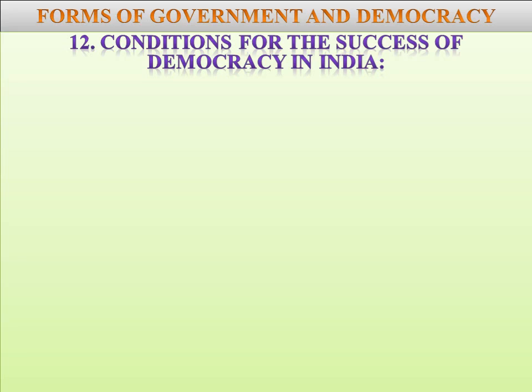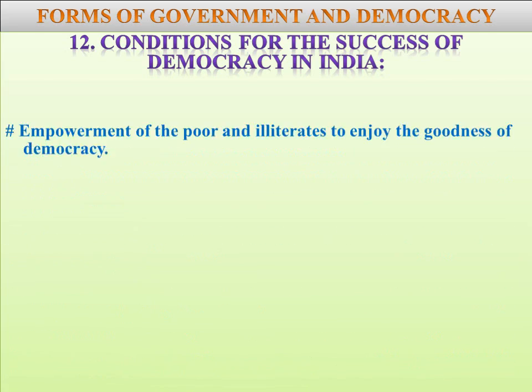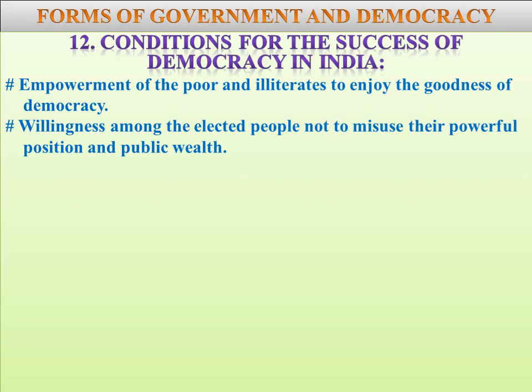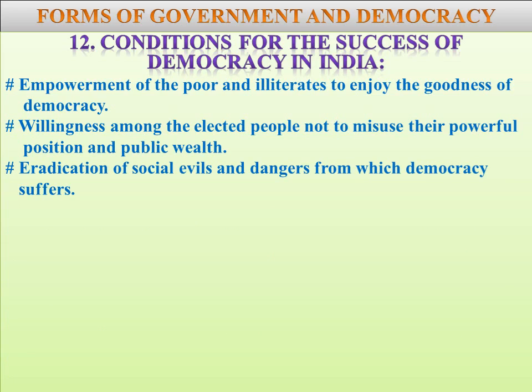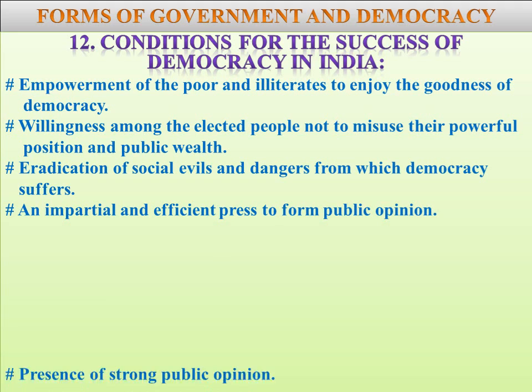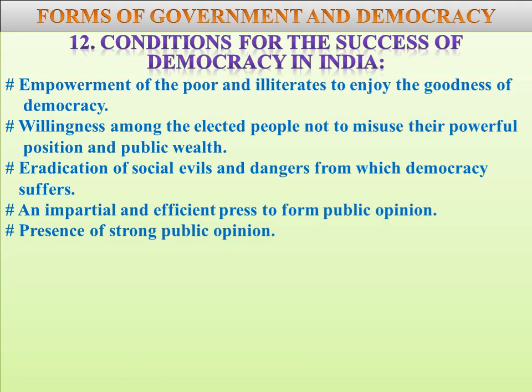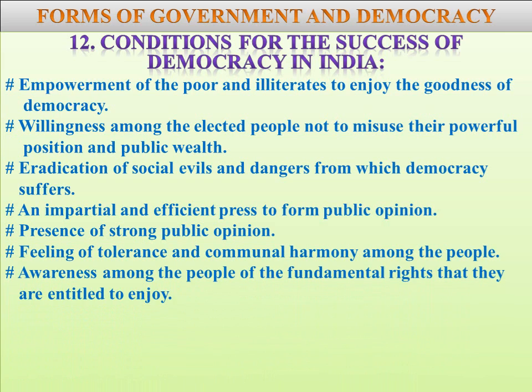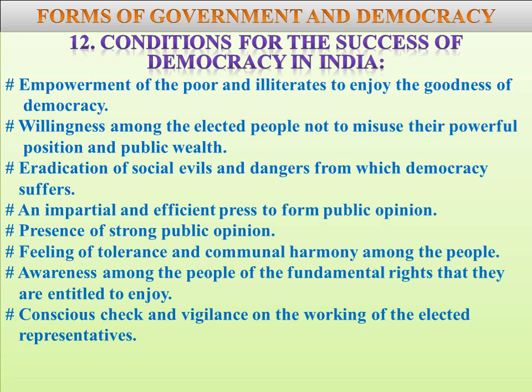Empowerment of the poor and illiterate to enjoy the goodness of democracy, willingness among the elected people not to misuse their powerful position and public wealth, eradication of social evils and dangers from which democracy suffers, an impartial and efficient press to form public opinion, presence of strong public opinion, feeling of tolerance and communal harmony among the people, awareness among the people of the fundamental rights that they are entitled to enjoy, constant check and vigilance on the working of the elected representatives,